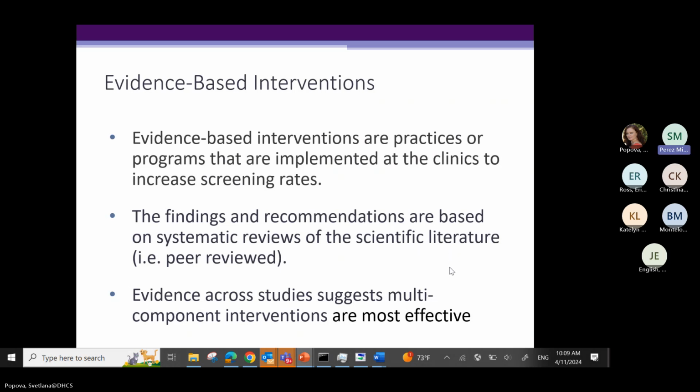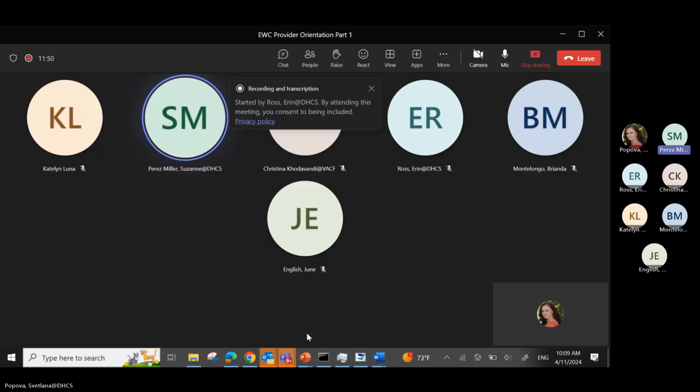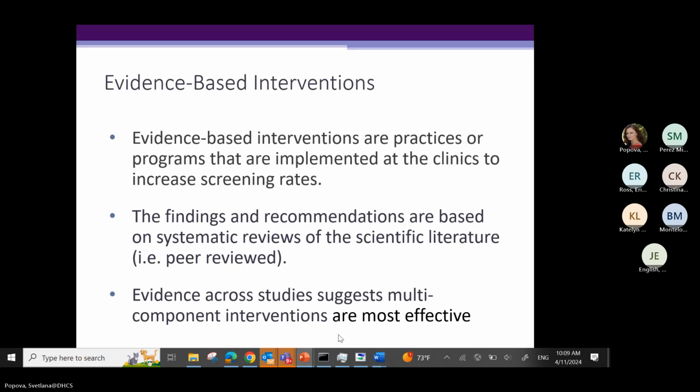So as we know, the evidence-based interventions, we call them EBIs. Sometimes people get intimidated, but evidence-based interventions are practices or programs that are implemented at the clinics to increase screening rates. So it's really targeted towards the screening rate process. The findings and recommendations are based on systematic reviews of the scientific literature, peer reviewed. So it's not just coming out of what people think, but what has actually been studied. And evidence across studies suggests multiple component interventions are most effective. And that's why we require that for the EBI project, for them to